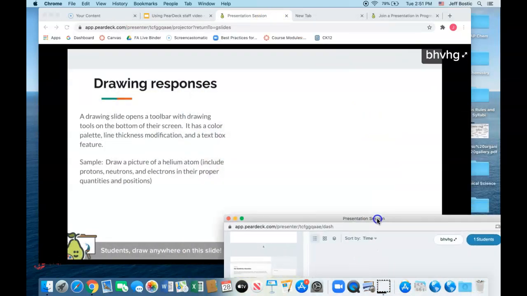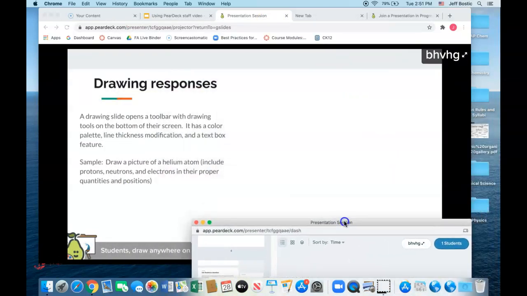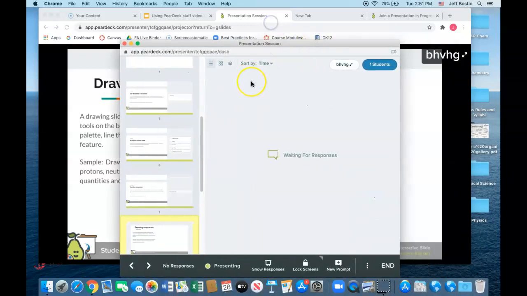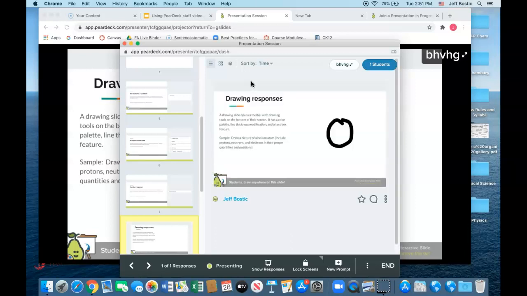Our drawing slide gave me a slide and it said, draw a picture of a helium atom, include protons, neutrons, and electrons. My students love this because they got super colorful. So on my iPad, I'm going to put the nucleus first. And how about we do protons in red? And how about we do neutrons in green? And we'll do electrons in blue. And you know what? I'm going to change the thickness of my line